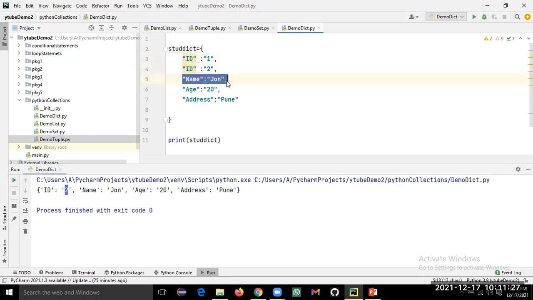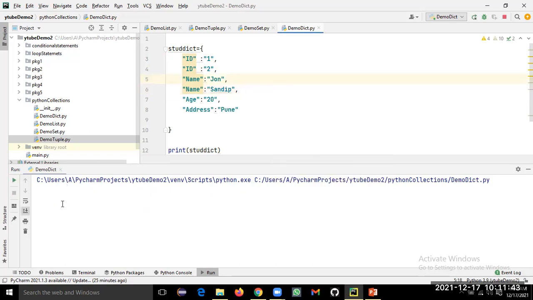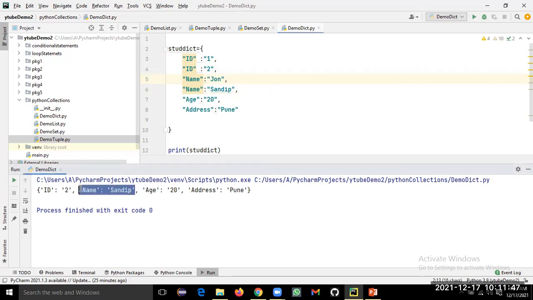Let's say if I add here name equal to, let's say, my name. What will happen? This name will get erased and the new name will get added. Means a key can be inserted only once, and its value will get updated if you try to insert it again. So John has now disappeared here. Value can be duplicate.